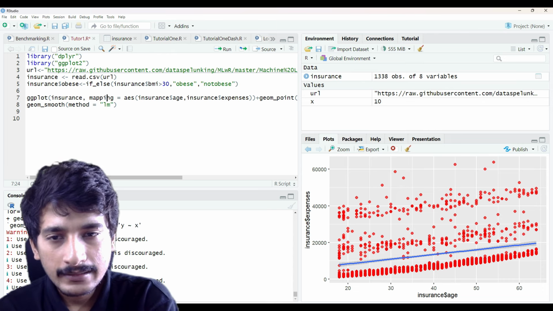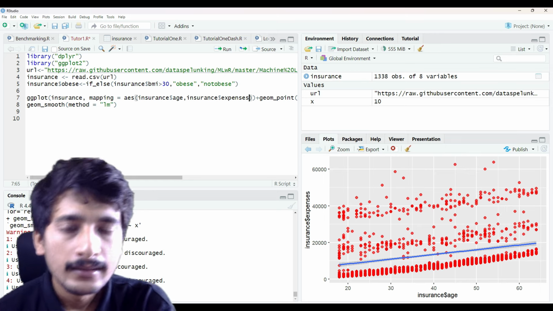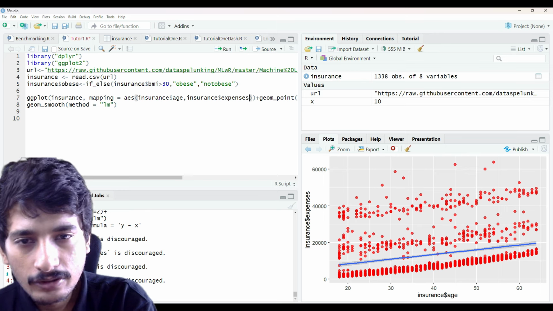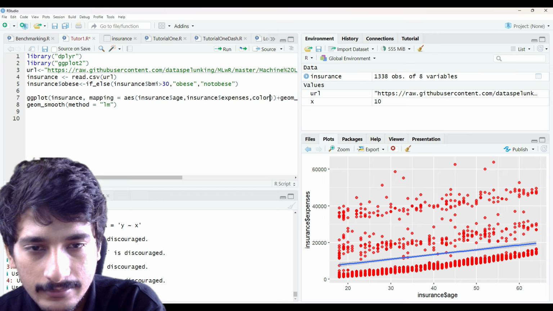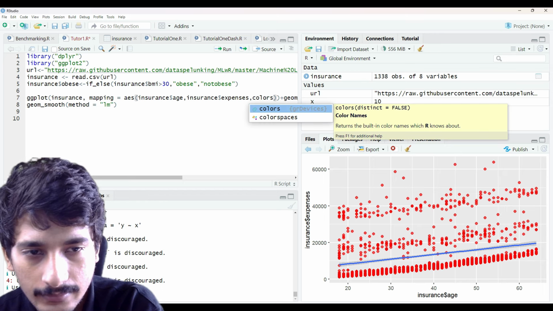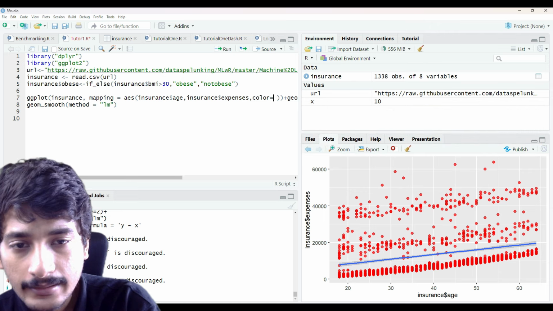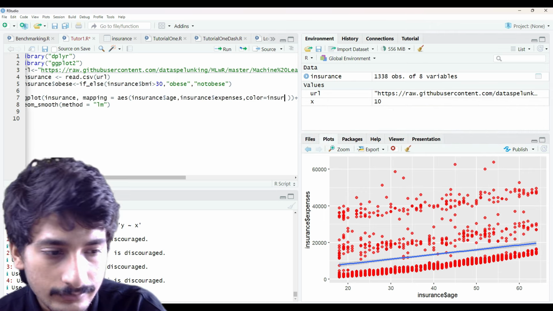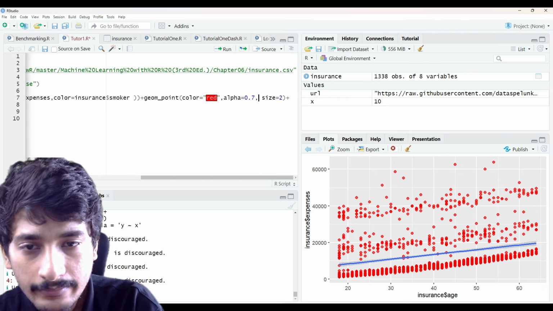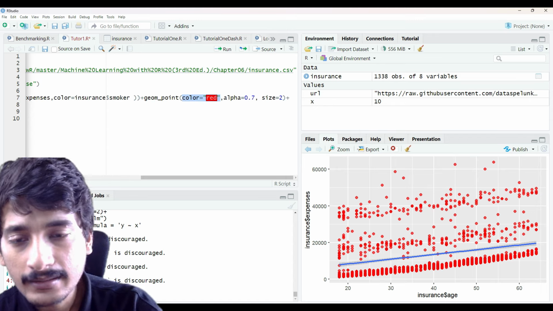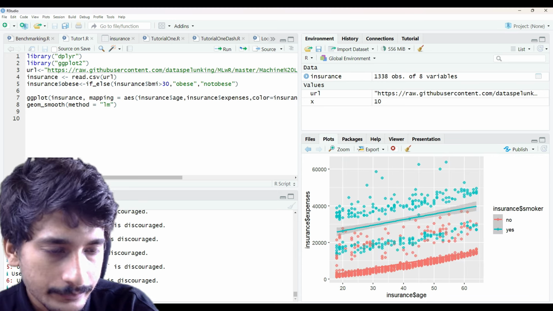And now let us define one more column. Let us say we want to get the color based on the smoker. So let us say color, and in this we provide insurance and then smoker. We need to remove this method color because it will keep all the red method. So we will see